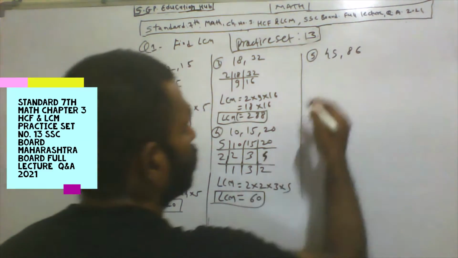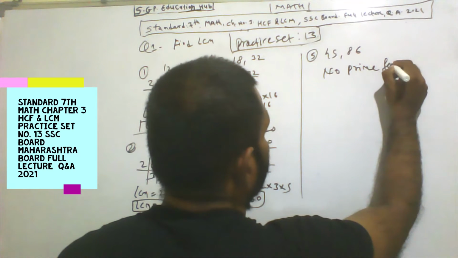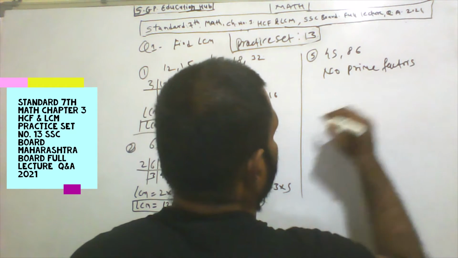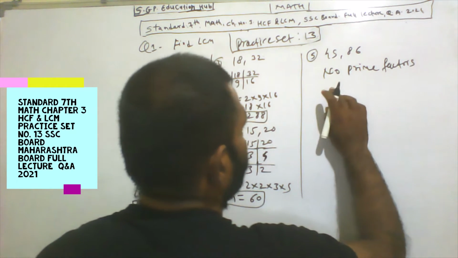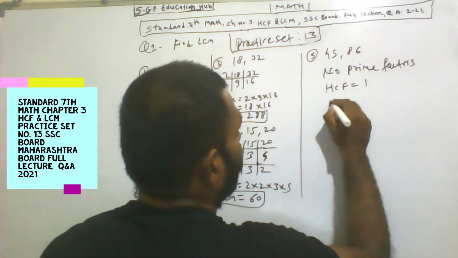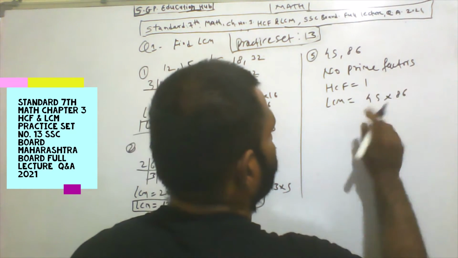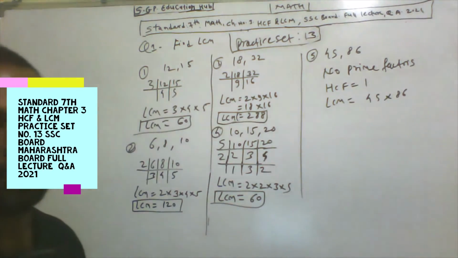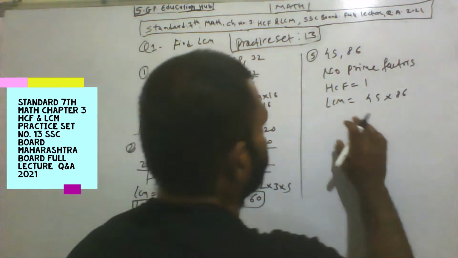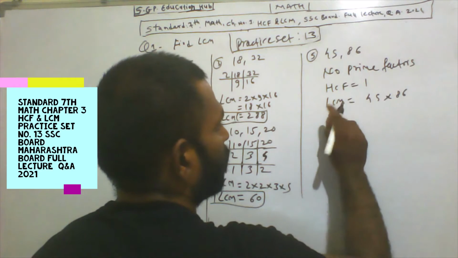These are no prime factors. Okay, now no prime factors, so HCF is 1 and LCM is equal to 45 into 86, meaning the product of those numbers is the LCM. Okay, LCM is the product of those numbers. So LCM is